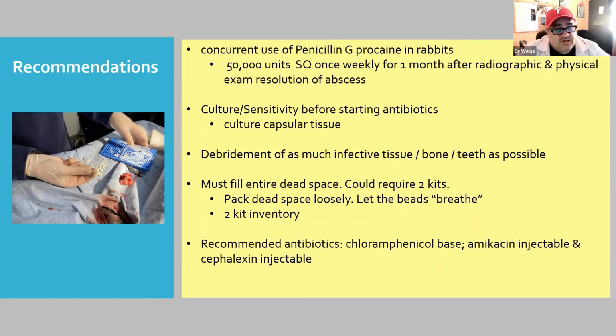Again, make sure you fill the entire dead space. Let the beads breathe. I recommend you have a 2-kit inventory. Sometimes these abscesses are so big, you'll use up one complete pack of beads, and you'll need more to pack that dead space. We recommend keeping in stock amikacin liquid, cephalexin injectable, and also a chloramphenicol base, which I think